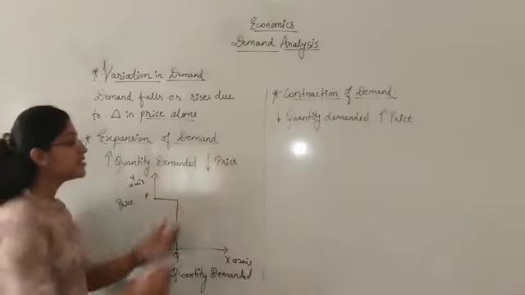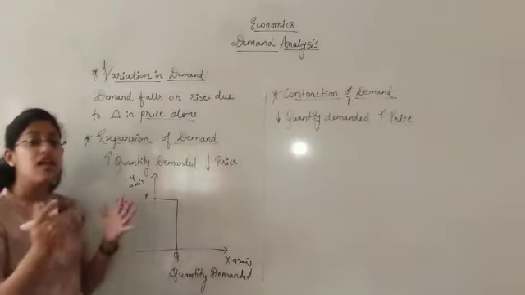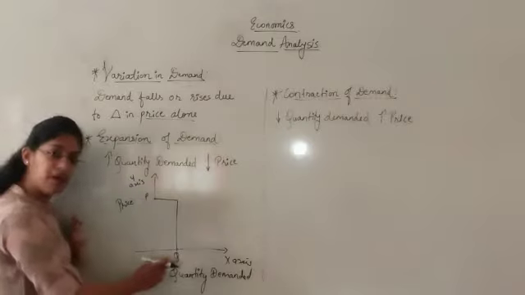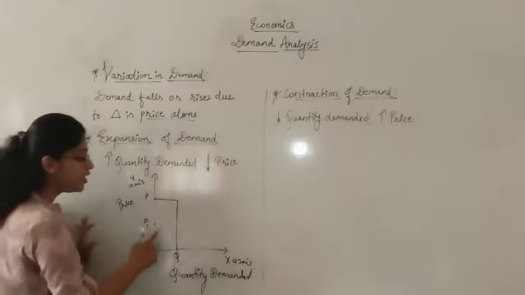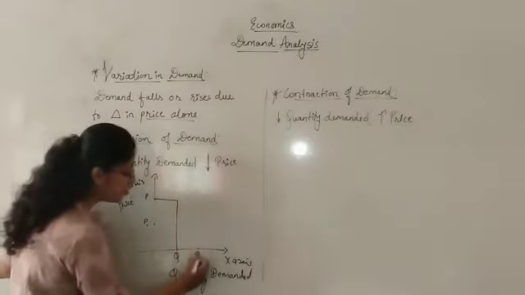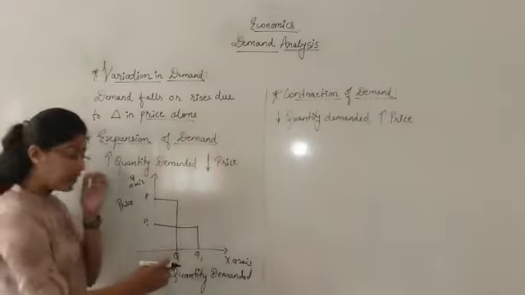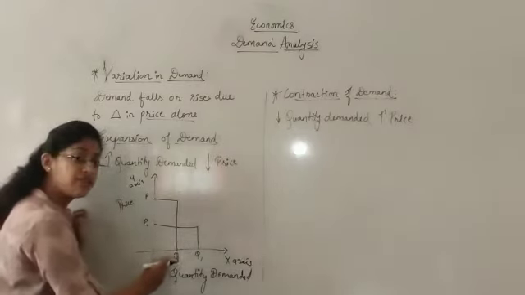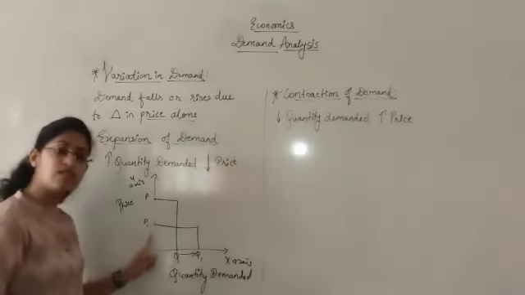But as the price is reducing, or you can say it is decreasing, what is going to happen? Quantity demanded is going to increase. That means there is going to be an expansion. See, at P the quantity demanded is Q. When the price will be P1, okay, the quantity demanded will increase to Q1. Okay, so what has happened? The curve, or you can say the demand, has shifted from left to right. Why? Because the quantity has increased and price has fallen.